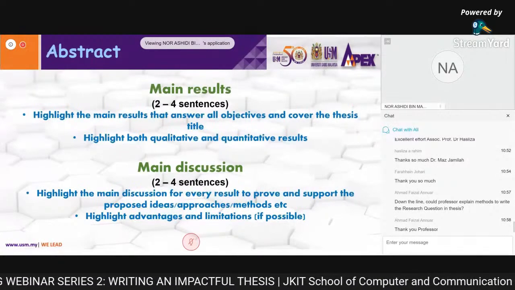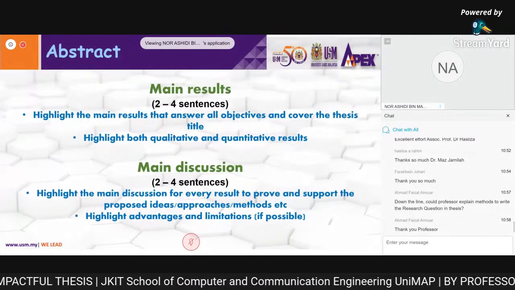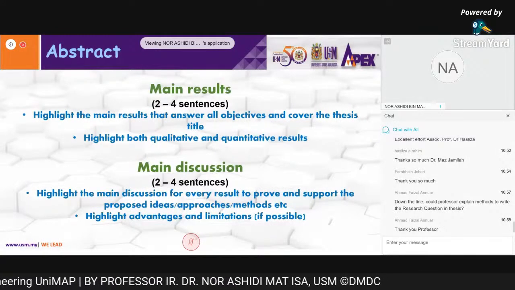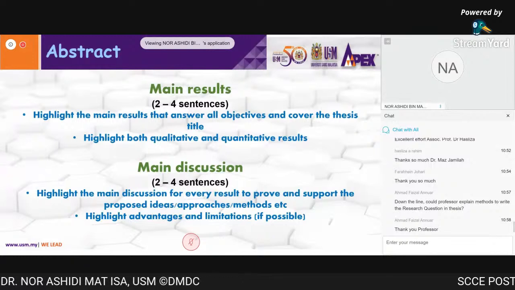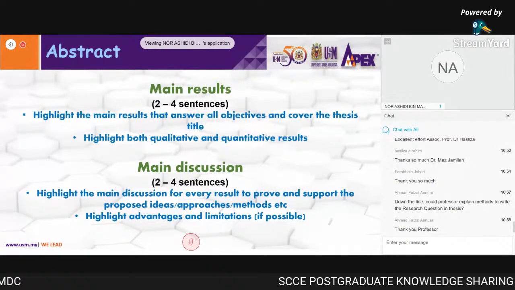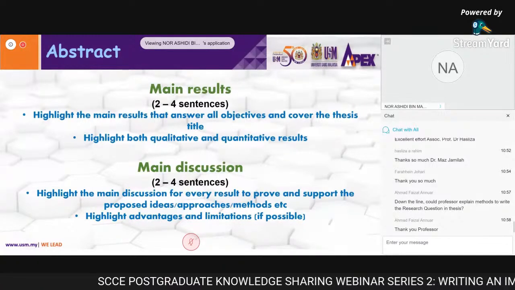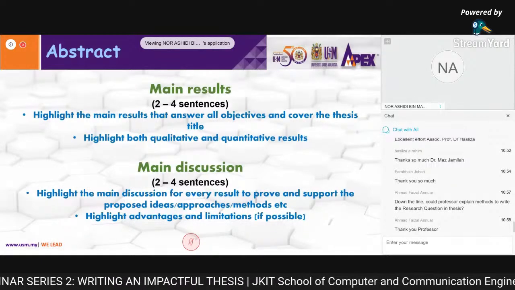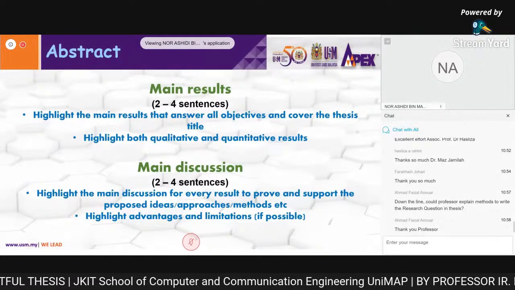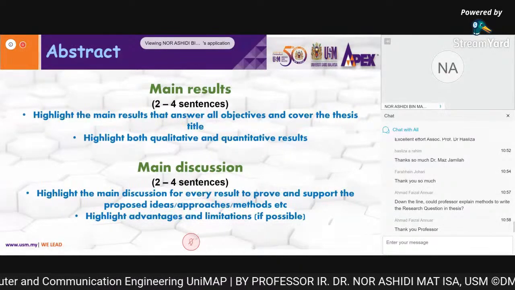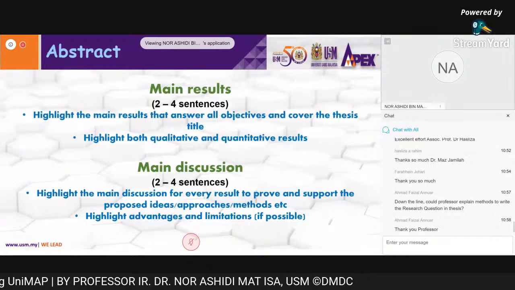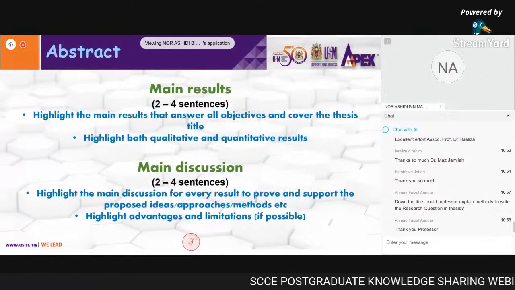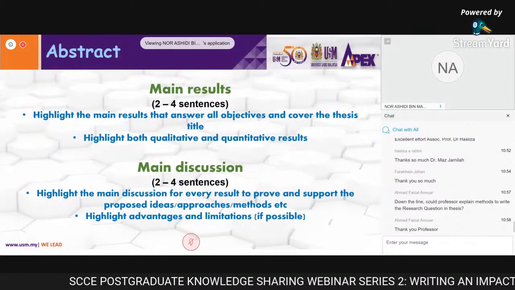We don't want our research to stop here. We want other people to continue our research, to make sure that our research is valuable and can be accepted by the outside world. So if people cite your work or improve your work, you should be proud, because it shows that your research work is accepted by the research world. That's why it's very important. It's also important for you to know the limitations of your research work. Try to discuss them, the limitations.